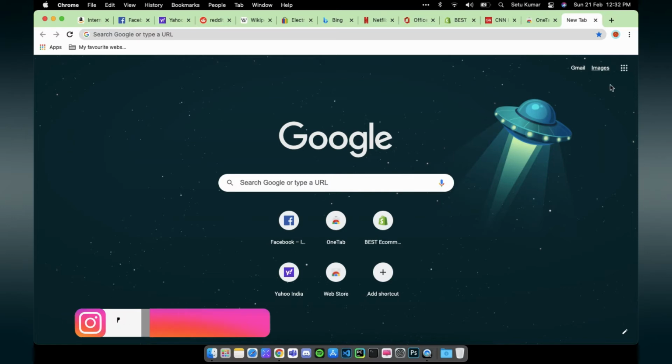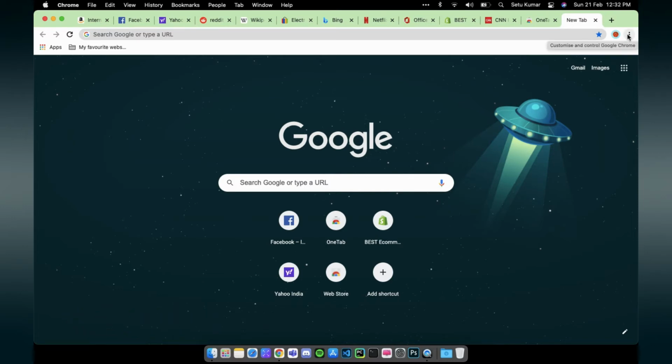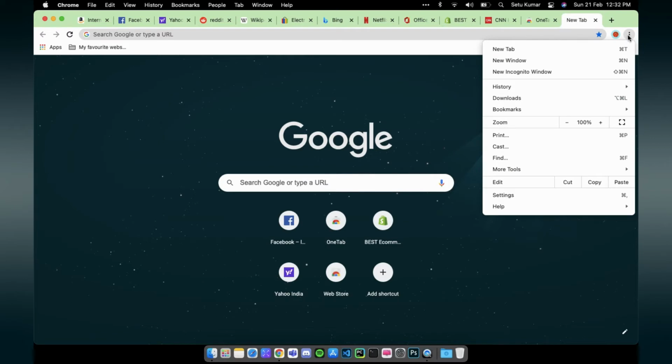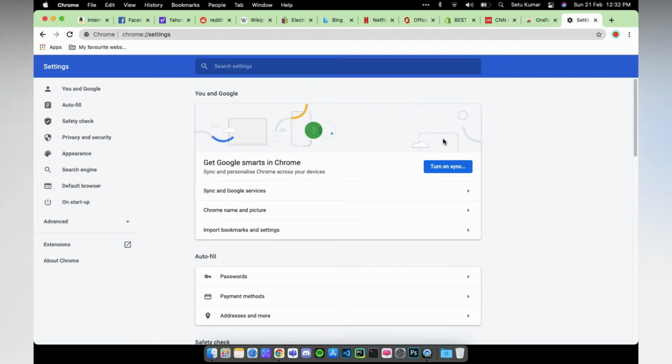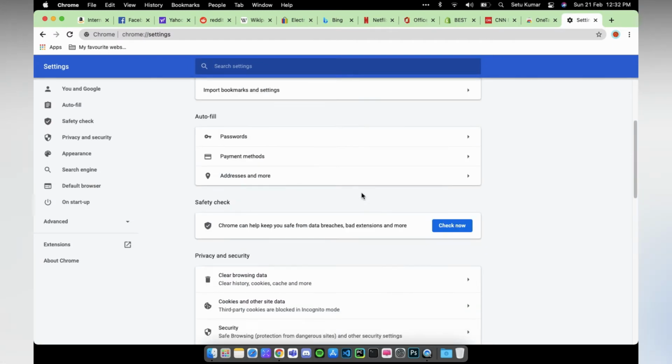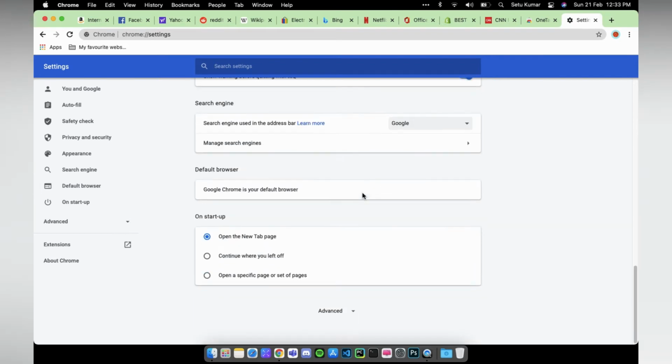And alternatively, you can set Chrome to reopen tabs from your last Chrome session. Click the three dots here and go to Settings. There, scroll down until you see On Startup.